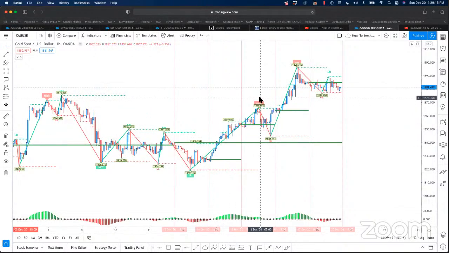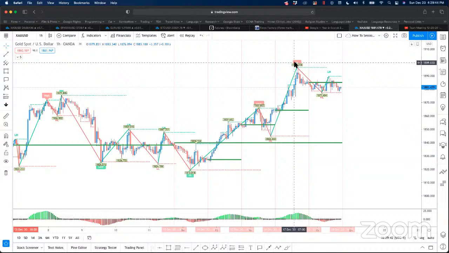We made a high, and then we came back down to retest near the opening price for the week. So what do we know? That if we broke and closed above the weekly opening price right here, and we push back down to the weekly opening price, we know we can take a buy off of this